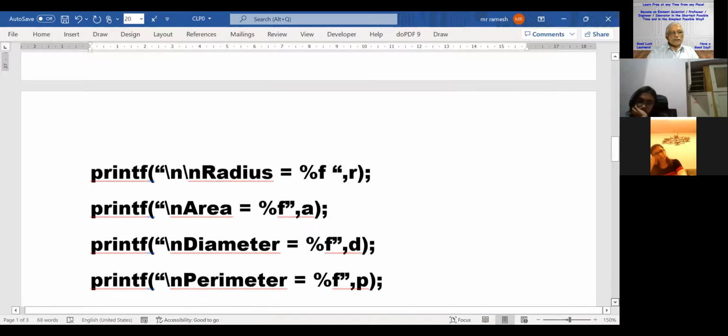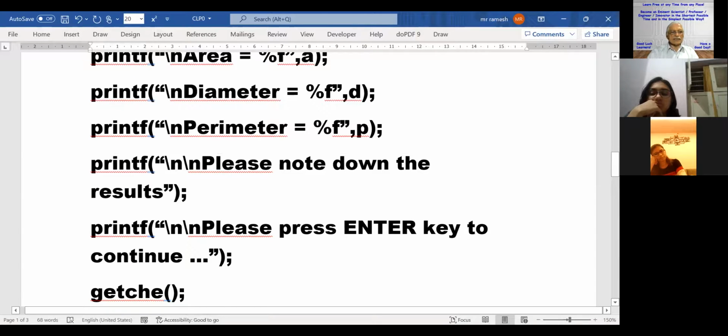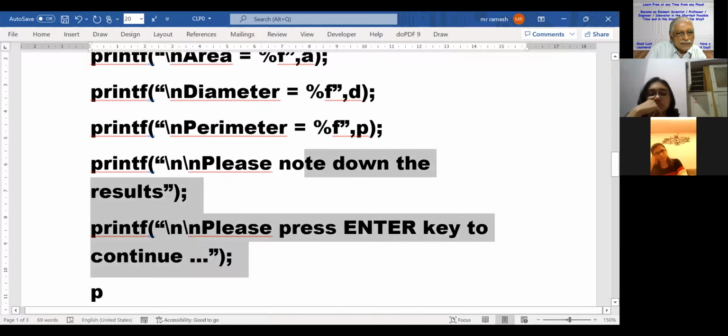So where will we put the closing bracket? After printing here, we will print the results. Please note down the results, is it not? After this, maybe we can put this also: please press enter key to continue. So there we can put a closing bracket so that it will go back. But you see, if we say only like that, it will repeat with the same data. So it is necessary to use something here. So maybe at this place,